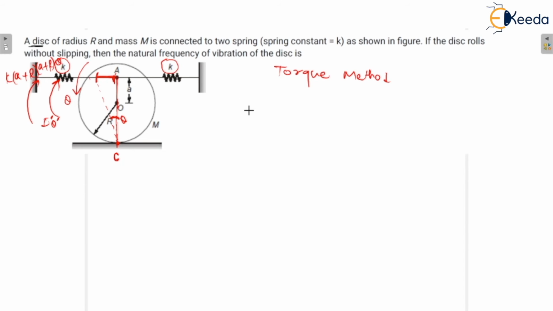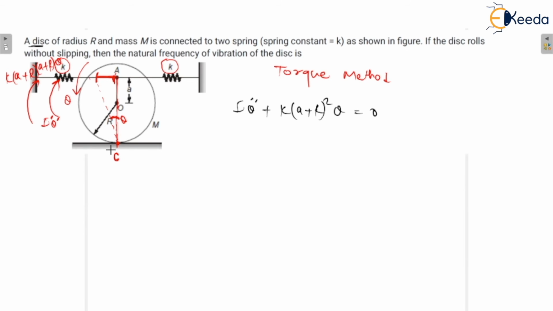Now we just have to write down the equations. That would be I theta double dot plus k a plus r square theta is equal to 0. I hope you will understand how we have written the equations, because this is a complicated task to write down the equations. Again, I'm explaining